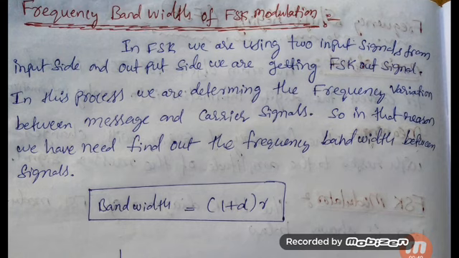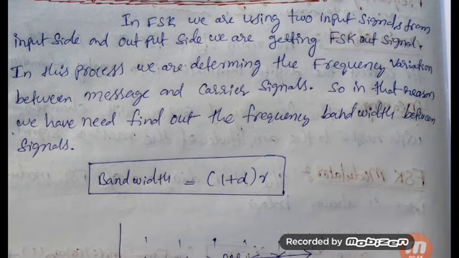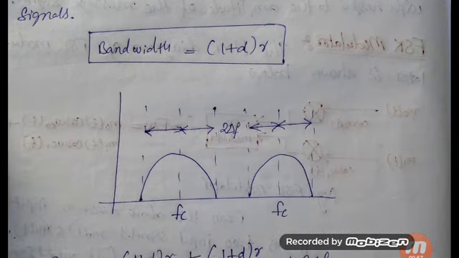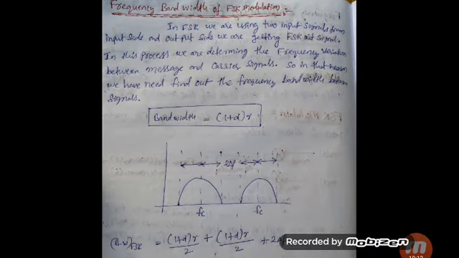So in that situation we are calculating different frequency levels of bandwidth to determine the situations of fc0, fc1 and fc3 intervals. That means each interval depends on a particular fc value. So this is the overall operation of frequency bandwidth of FSK modulation.